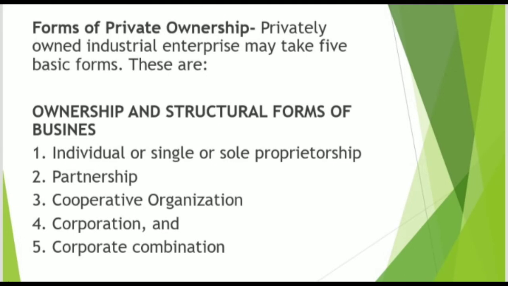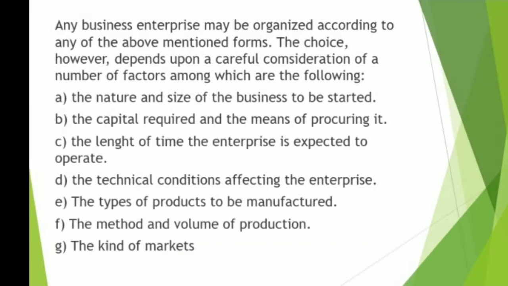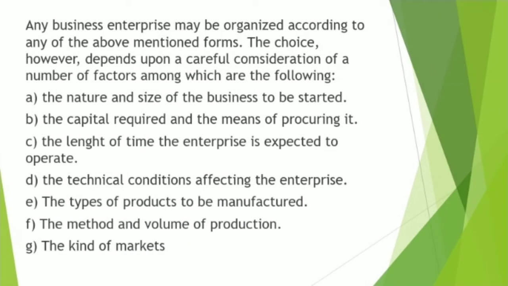Forms of private ownership. Privately owned industrial enterprise may take five basic forms. These are individual or single or sole proprietorship, partnership, cooperative organization, corporation, and corporate combination. Any business enterprise may be organized according to any of the above-mentioned forms. The choice, however, depends upon a careful consideration of a number of factors, among which are the following: